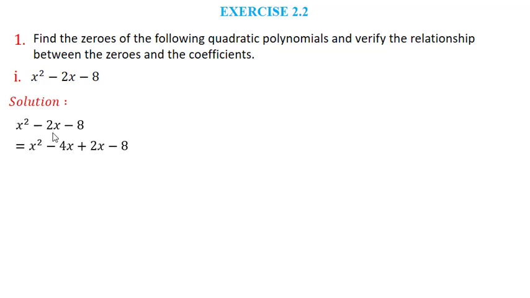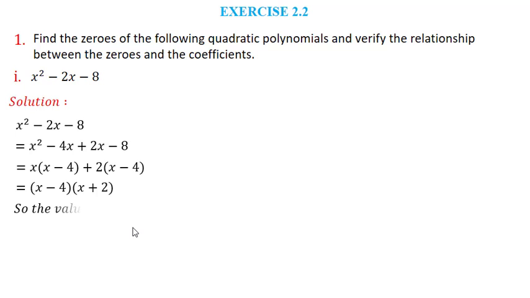So I rewrite this expression as x square minus 4x plus 2x minus 8. Now from this x square minus 4x I can take x common. So in bracket I will have x minus 4. So this x minus 4 I must get in the rest two terms also. So here if you see, if you take 2 common you will get x minus 4. Now x minus 4 I can take common in one bracket, and in other bracket I have x plus 2. So this is how we have factorized this x square minus 2x minus 8.